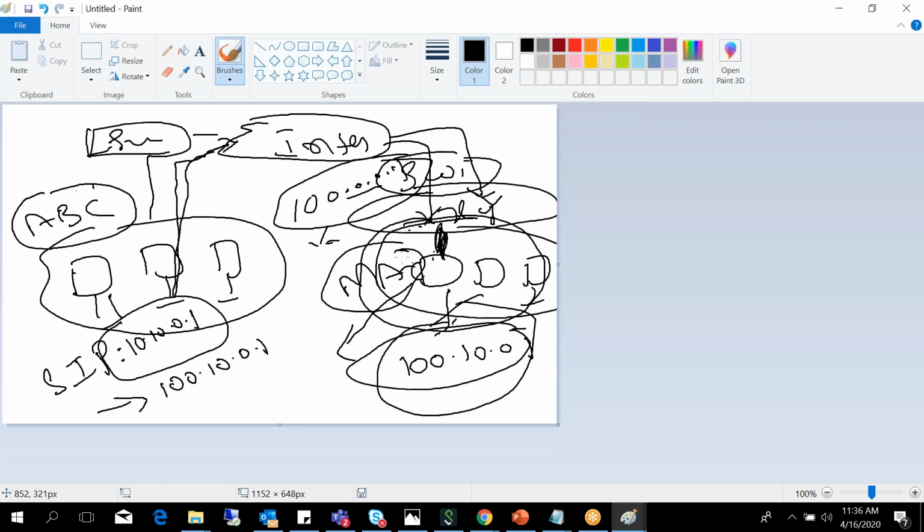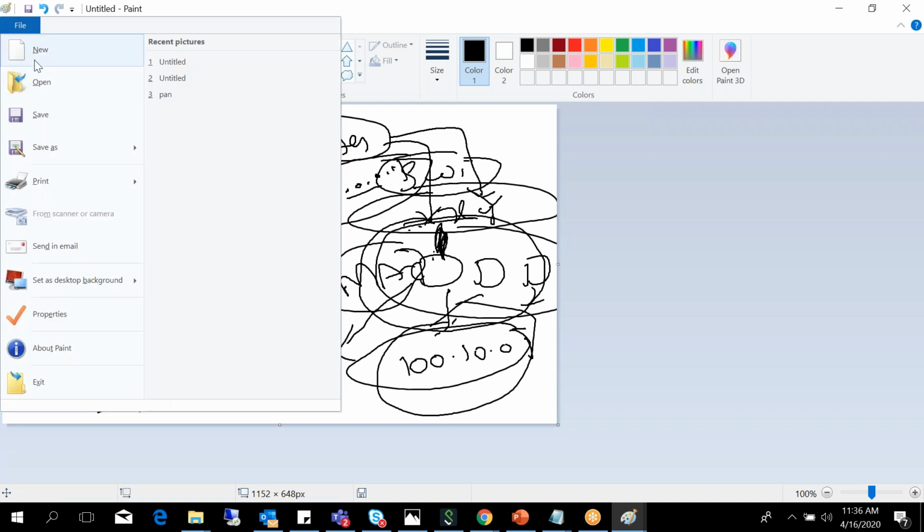So the MAC address is helpful in finding this specific machine. The IP address identifies where exactly the machine is in the network. The MAC will be helpful to identify the physical location of the device, what exactly the machine is. Okay, that's the difference. Any questions?